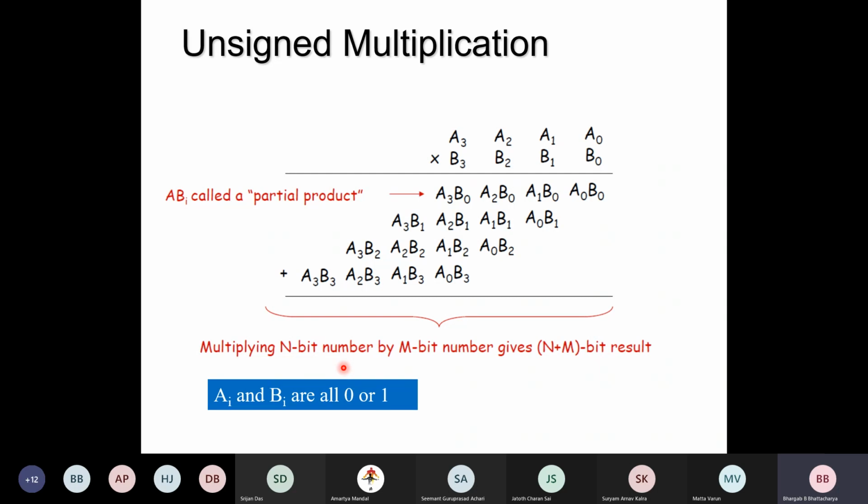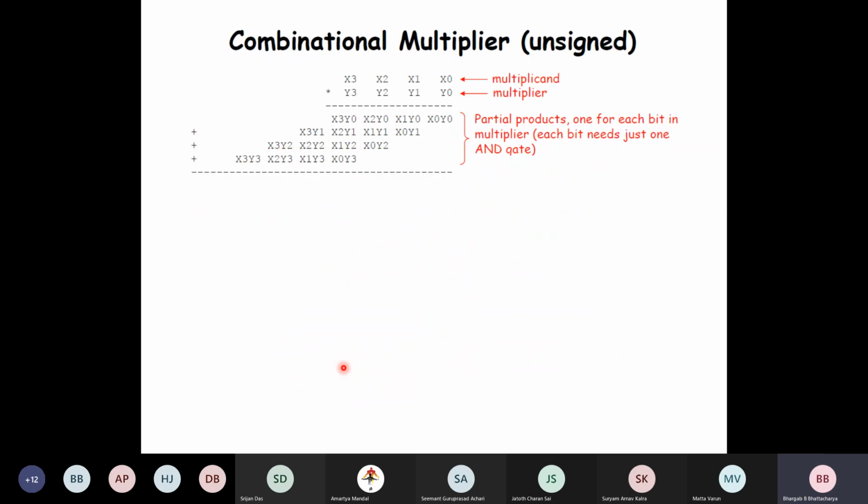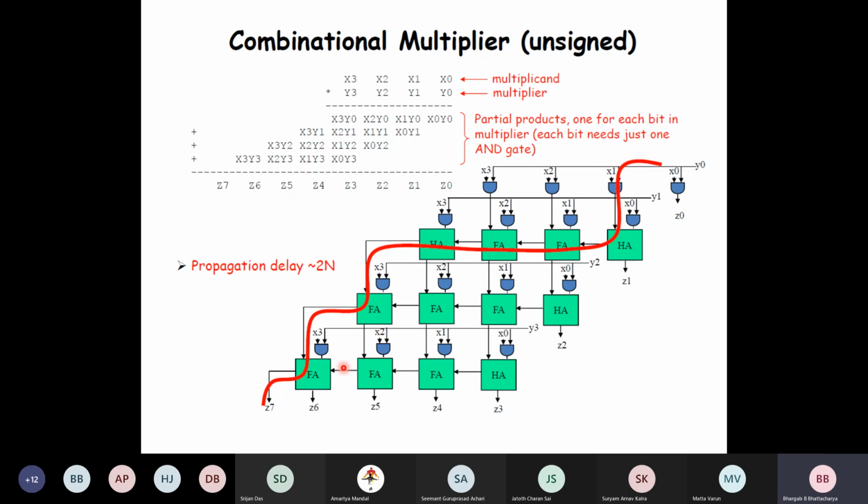And that's what you have seen in the previous class. If you have these partial products, in order to generate them, I use an array of AND gates with appropriate inputs. These bits are from the multiplicand, also from the multiplier. So you have the series of AND gates which creates these product terms. And then you collect all these bits together using an array of full adder blocks to add them together, and you get the result, right? So this is just a straightforward implementation of the conventional multiplication process that we have learned in school.